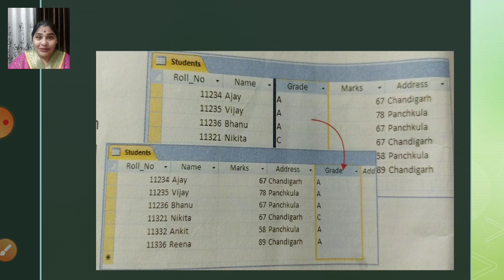Once again I am telling those who have laptops, computers, PCs, or those who have access to that, you should definitely try all these small things, children. In the previous lecture, I have already taught you how to create a database, how to save it, how to create the tables, and how to enter the data, start entering the records. So those who have access can definitely try. Those who do not have it, children, not to worry. Once we resume, we will have the practicals on that.